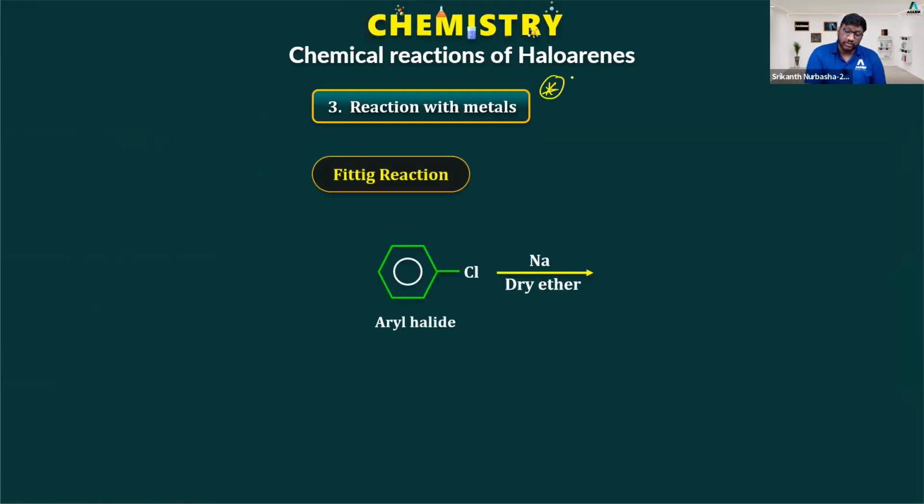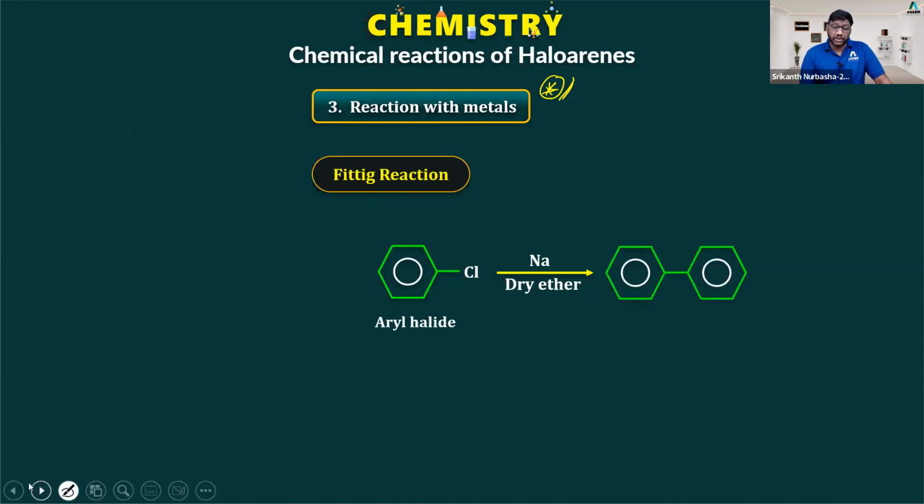Reaction with metals. In the reaction with metals, we have seen the Wurtz reaction. Before the Wurtz reaction, we have seen the preparation of Grignard reagents, and after that we can see two different reactions like the Fittig reaction and the Wurtz-Fittig reaction. Wurtz reaction means alkyl halides only will form higher alkanes. Fittig means aryl halides will combine to form biphenyls. Wurtz-Fittig means you will be getting alkyl aryl products, where an alkyl halide and an aryl halide will be taken and fused together